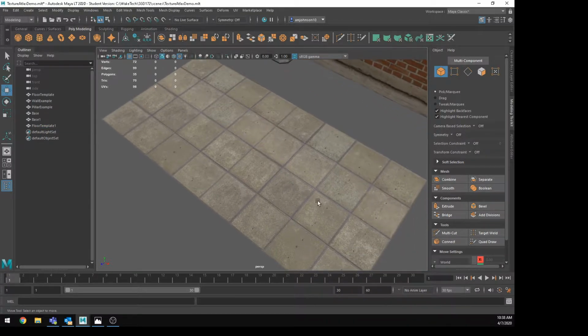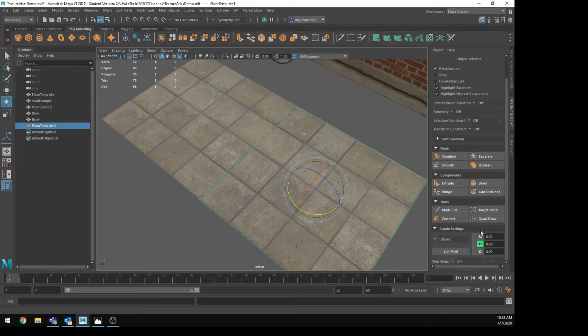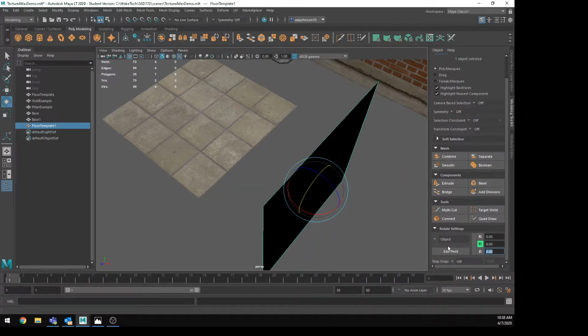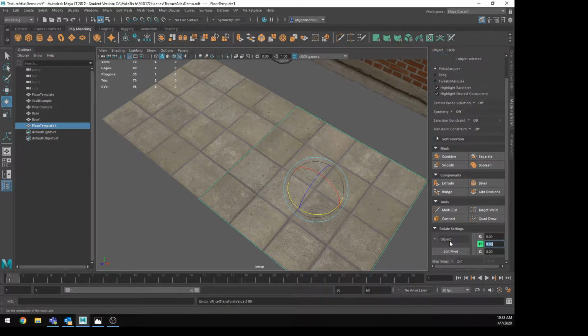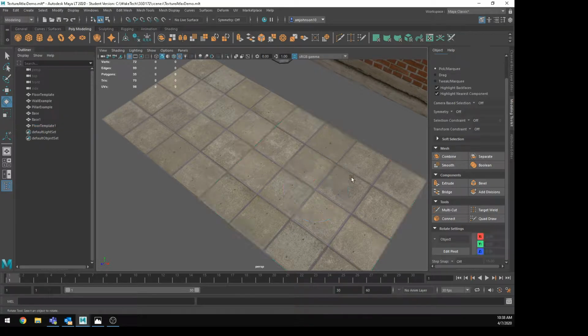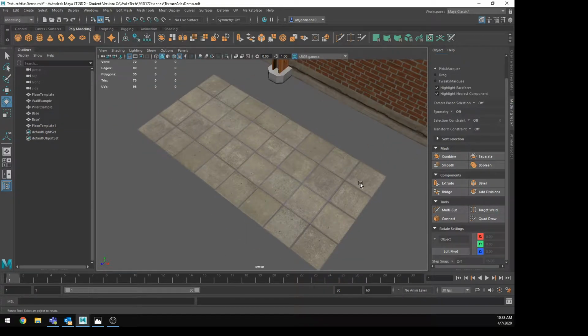And if you want a little bit more variation with this, we could go in with our rotate tool and you could rotate these. Like if we rotated it 90, not that axis. I always mess up my axes. There we go. Maybe another 90. You can swap these around, rotating them 90 degrees, and you'll get an ever so slightly different pattern. And one thing that will make this a lot easier is if you go into your move tool settings,